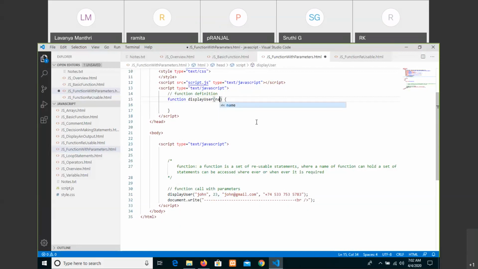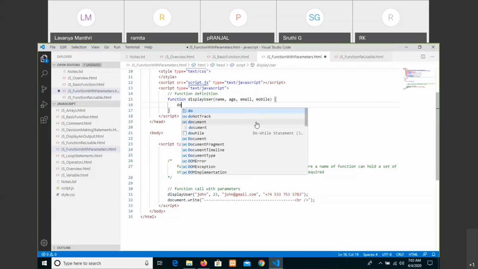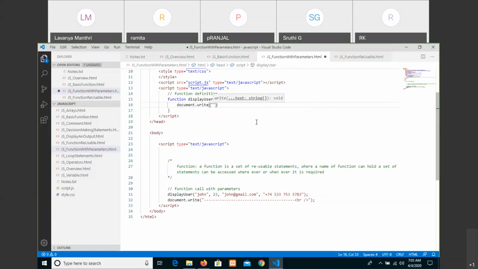So you can say name. Name is going to hold the value of John. Age, email, mobile. Then, when it comes to displaying the values,